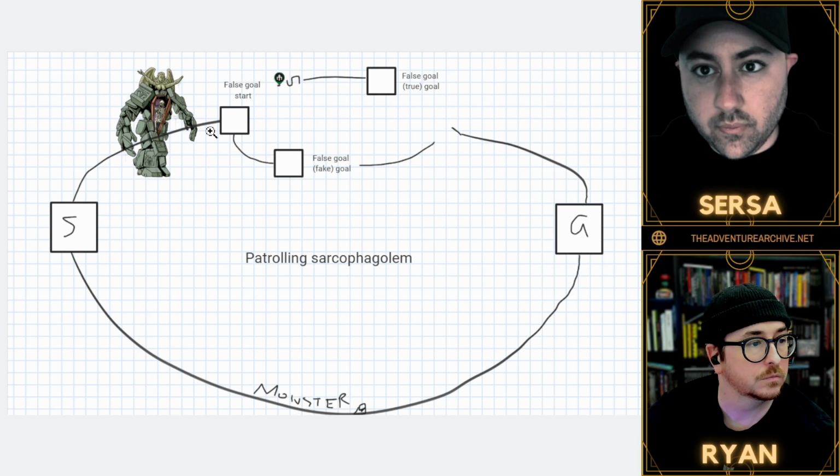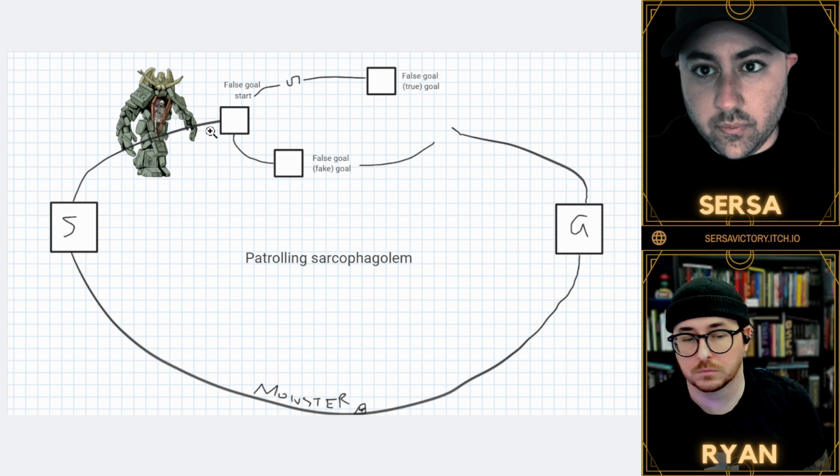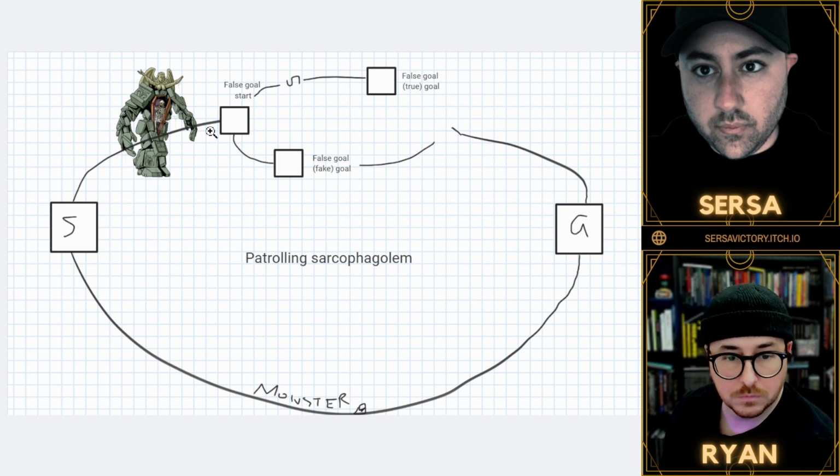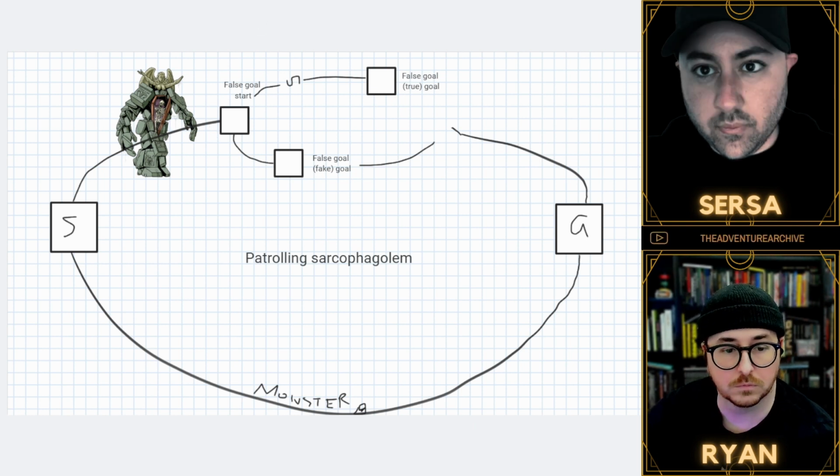One of the things that we can do with the false goal is put the true goal behind a secret, right? It's not required, but it's something that I enjoy doing. So I'm going to call an audible and go ahead and do it. So what I'm picturing here